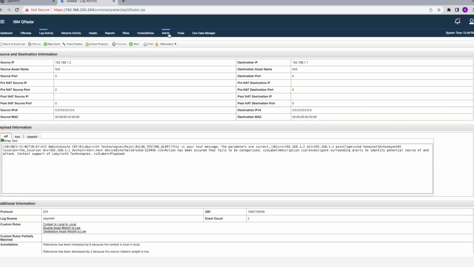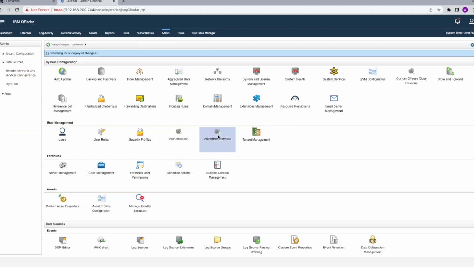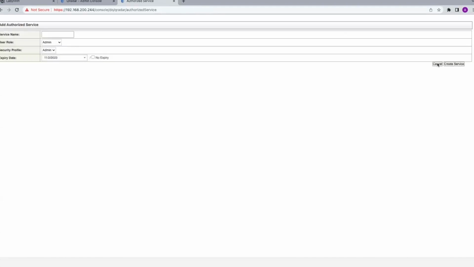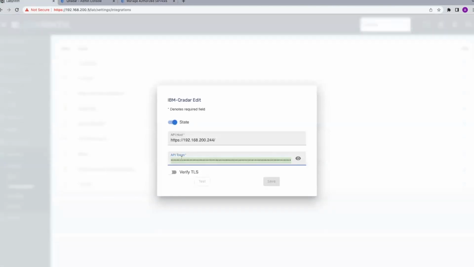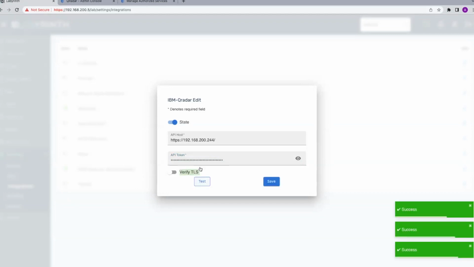For this, we go to the admin once again. Then we click on authorized services. Click on add authorized service and create your token. However, as you may know, deployment in Qradar takes some time. Therefore, we'll use already created token. I'll just simply copy it. Then I go here, I delete the old one, paste the new one, click on test. We can verify that everything is fine, which means that we can enable everything and save the way we did